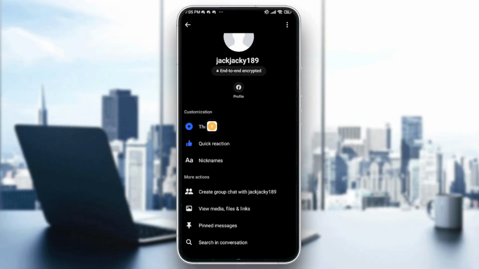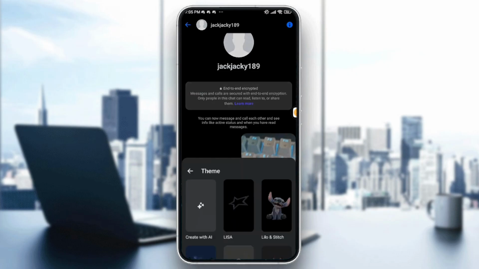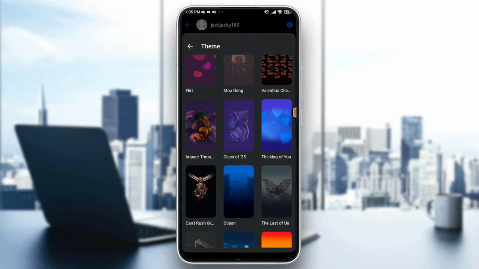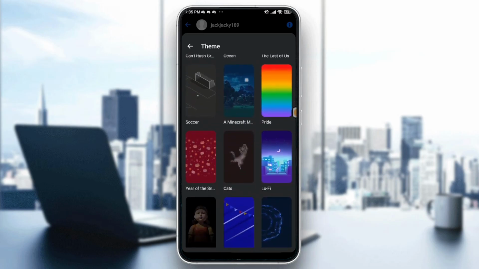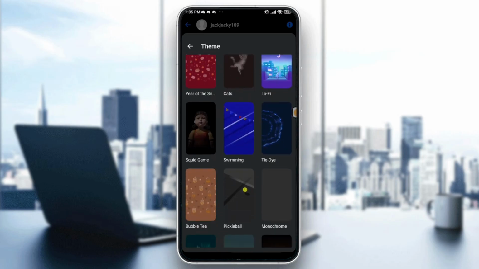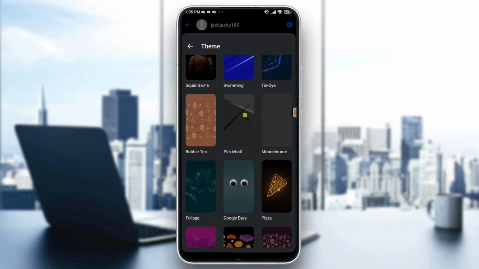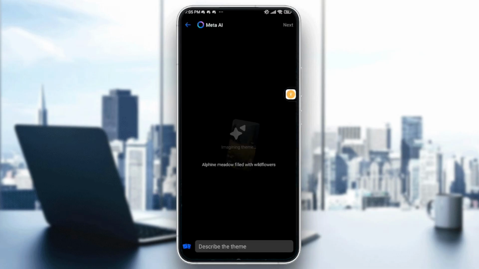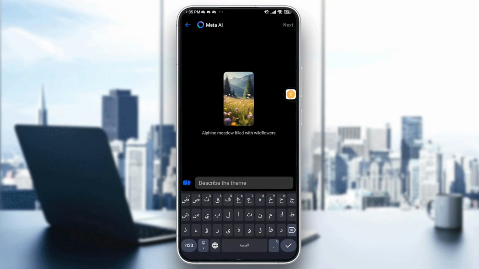I want you to go into it, tap on it, and after that scroll down and choose which background you want to have on this chat. But what I advise you to do is go into create with AI. Once you tap on create with AI, right here I want you to describe the theme for the AI. So for example,